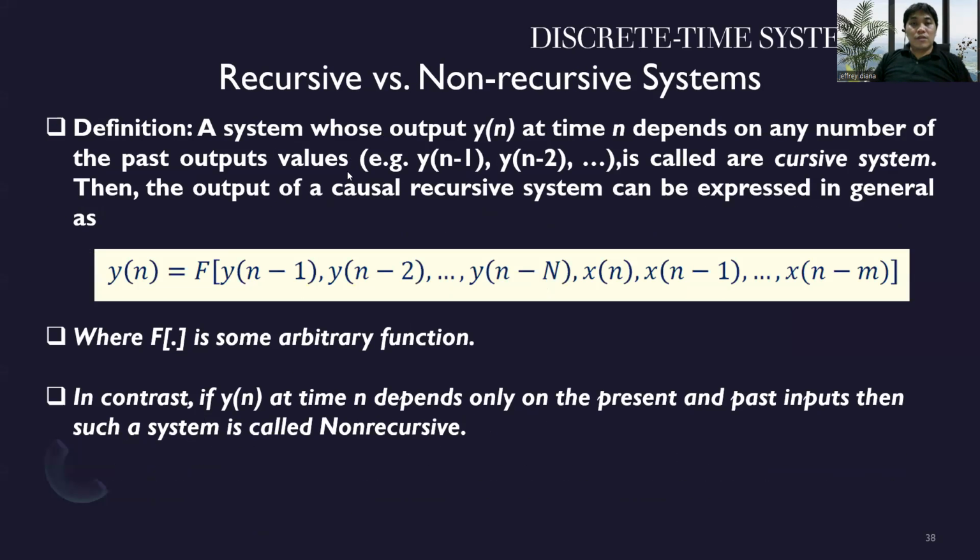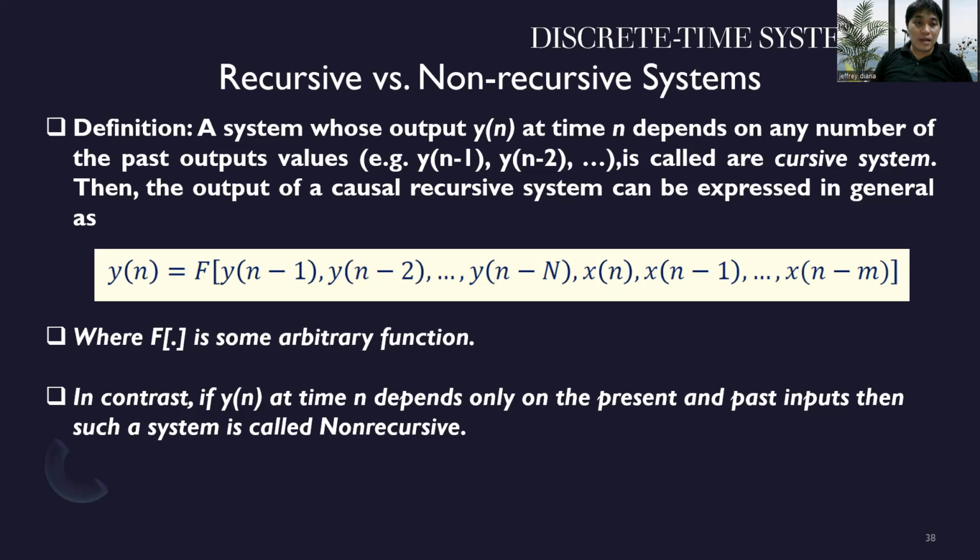So for the definition of recursive versus non-recursive systems, continuation: a system whose output y(n) at time n depends on any number of past output values, for example y(n-1) or y(n-2), and so on, is called a recursive system. Then the output of a causal recursive system can be expressed in general as